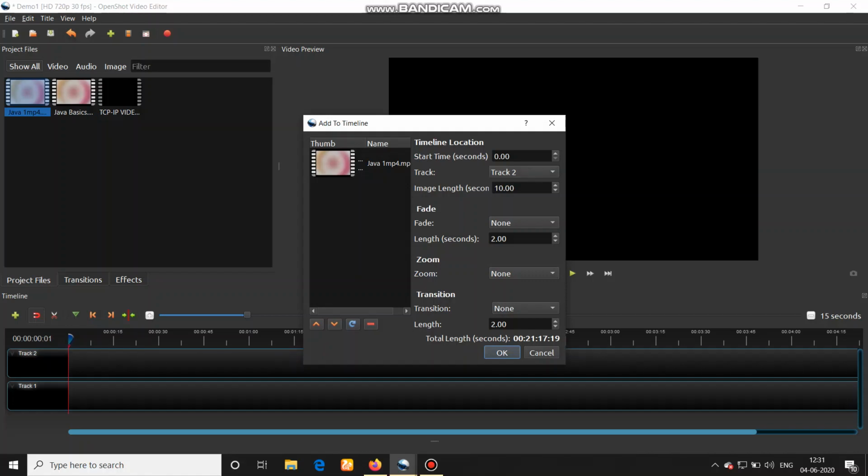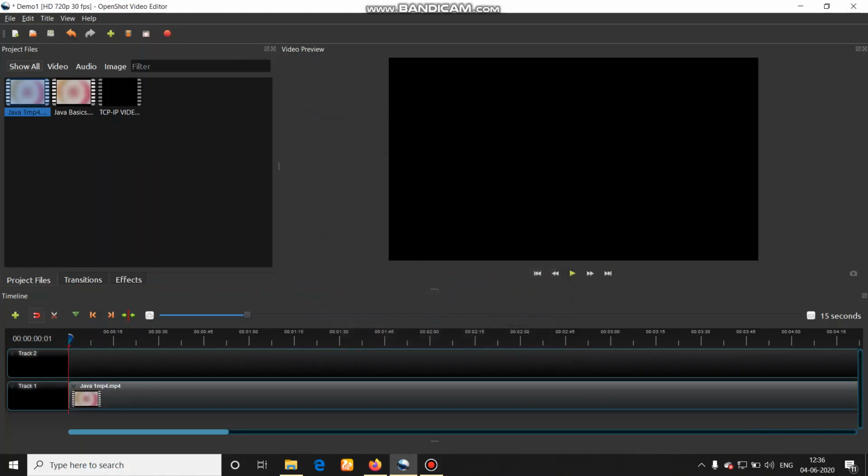It also shows in which track you want to put the video. The other contents are not important for us, so let's keep them as they are. I will keep that video in track 1. After selecting track 1, you just click on OK. So on track 1, you will find your video clip.